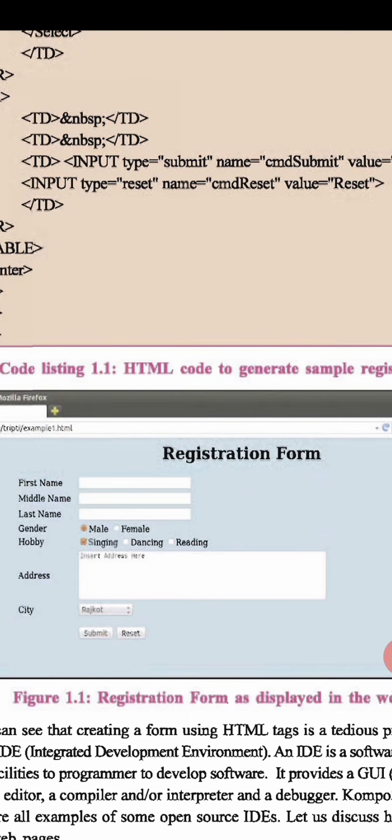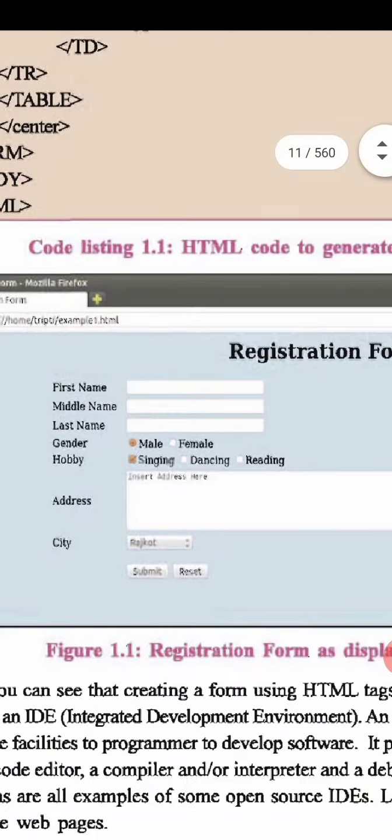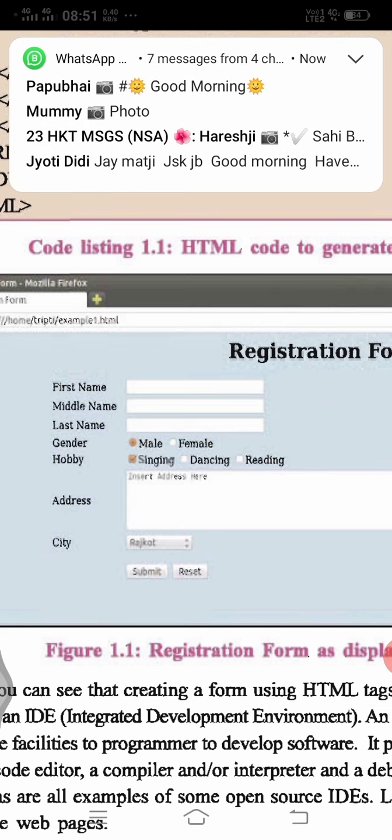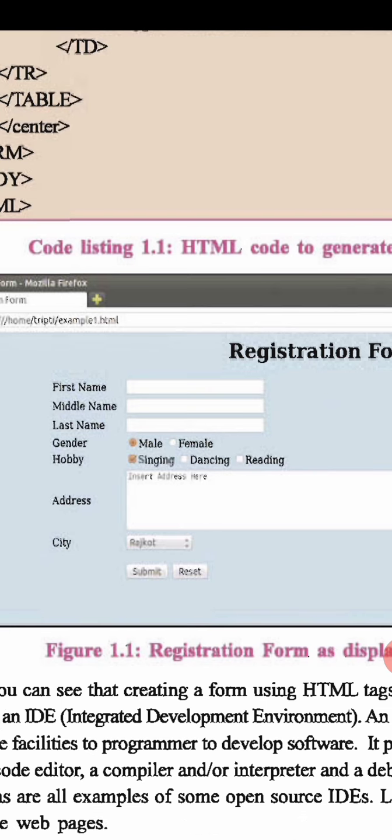This is our form. The first name is written in a label. Label means it will be displayed on your screen, you can't do anything with it. So it's a label, first name, then a text box for the first name. In the next line it's the middle name and the text box for the middle name. In the third line it's the last name and the text box for the last name. Then the fourth line, gender. Here we have used radio buttons, male and female. Remember, where only one option has to be selected, we will keep a radio button.